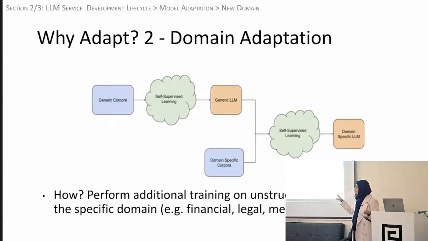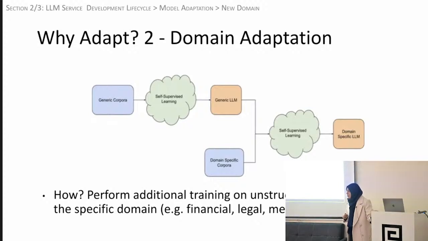In this case, you would just pass it unstructured textual data. This is exactly the same as the pre-training stage of an LLM, where you're giving it lots and lots of just unstructured text and letting it figure out for itself what the words mean. This is exactly the same, except that you're taking a pre-trained model. Now it already knows, for example, the English language, but it doesn't know medical terminology or legal terminology. So you just give it unstructured legal documents, and you just let it learn, and generally it's going to learn, right? Bloomberg, I think. Bloom is a model that's been trained like this on financial data, and it's able to understand financial terminology. It's actually available for use.